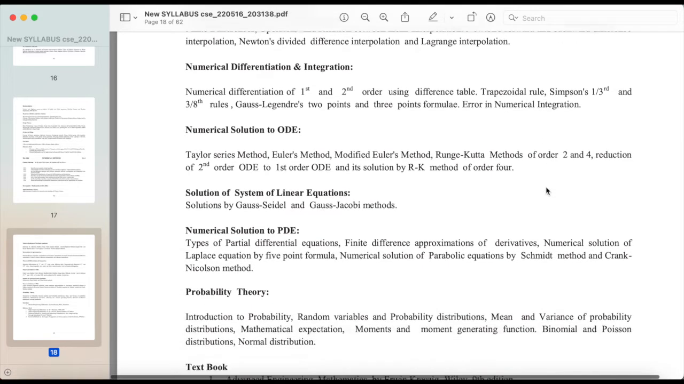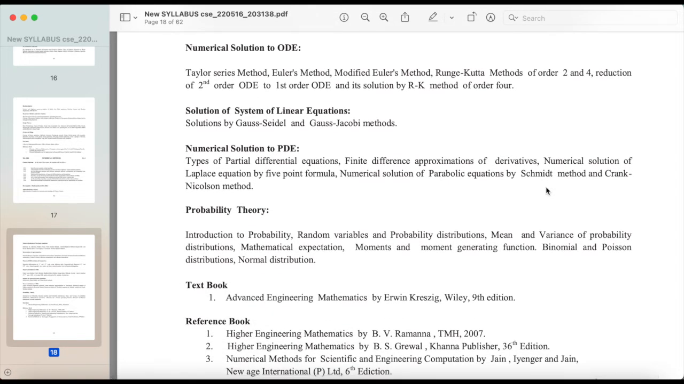Error in numerical integration, numerical solution to ODE: Taylor series method, Euler's method, modified Euler's method, Runge-Kutta methods of order 2 and 4, reduction of 2nd-order ODE to first-order ODE and its solution by RK method of order 4, solution of system of linear equations, solutions by Gauss-Seidel